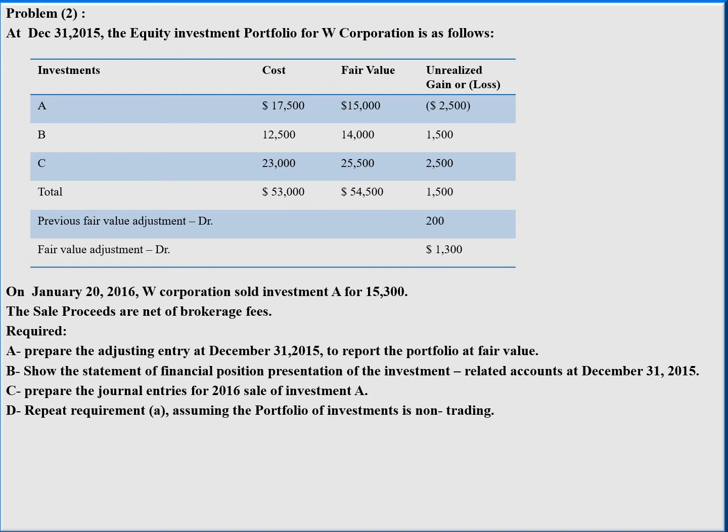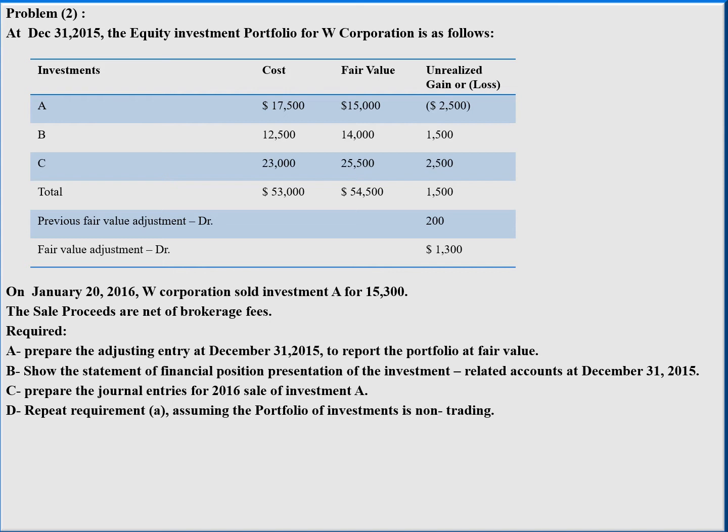Problem 2. At December 31, 2015, the equity investment portfolio for W Corporation is as follows. Investments A, B, C. Total cost of the investment $53,000. Total fair market value $54,500. Unrealized holding gain or loss $1,500 gain. Previous fair value adjustment debit $200. Fair value adjustment debit